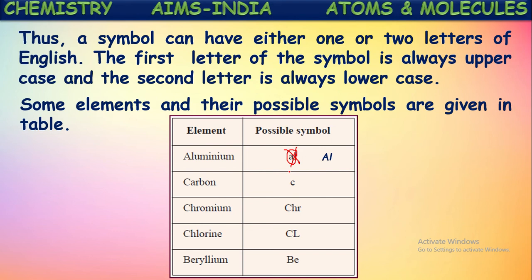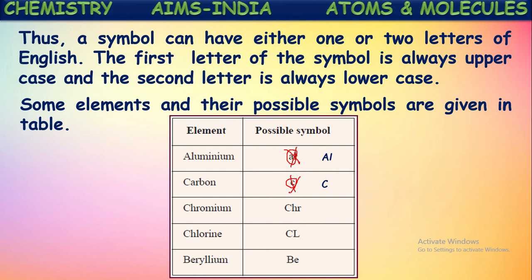But if you see the symbol of carbon given here, it is written in lowercase, so it is also an incorrect symbol. What will be the correct symbol for carbon? It is next, chromium. Chromium also has the starting letter C, but the C is already given for carbon as its symbol. So along with the first letter C, the second prominent letter R is also taken into its symbol. Now the symbol of chromium becomes Cr. Out of this C and R, C should be uppercase, R should be lowercase.